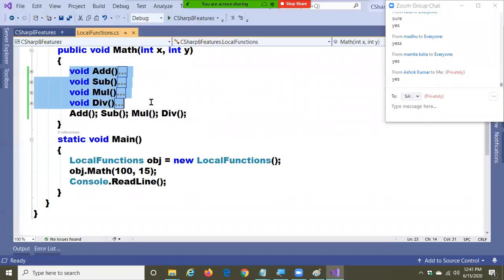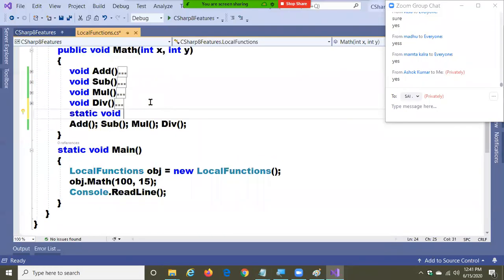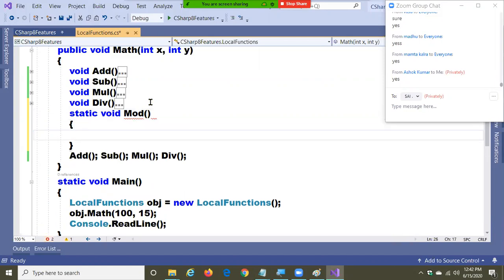See, right now they are not static. Now if you want, you can declare the local function as static. Static void mod. Okay, I'm declaring a static function. You can declare this as static also. And basically, if you declare this as static,